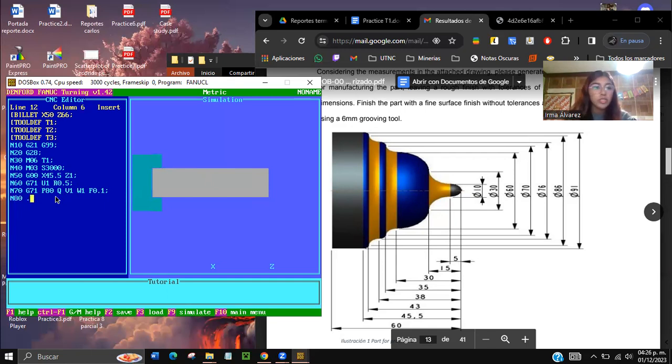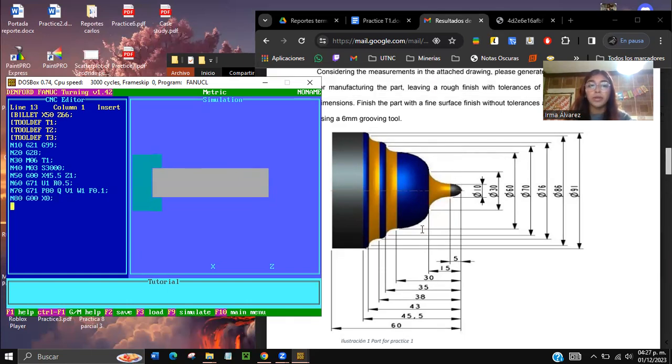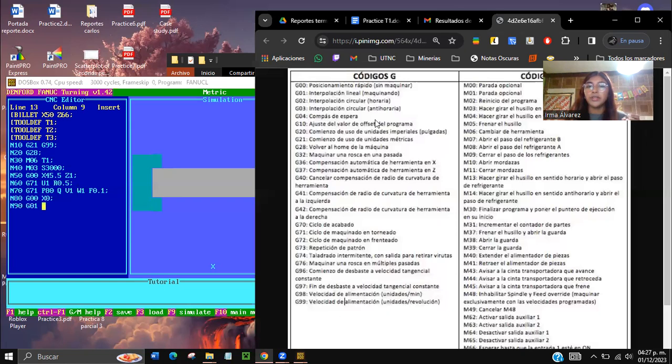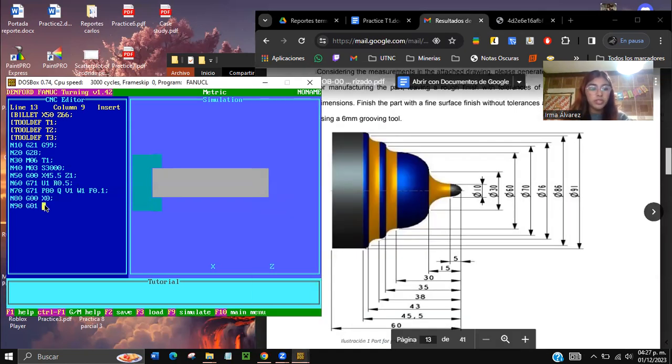And now the N80, we are going to write a G00 X0 for a very fast movement because our piece starts here, so it doesn't start like here. So we have to position in the 0 part. And now also the G01. G01 is for a normal movement, so it's not very fast. And now I am going to put it in C0 also, so it's not going to touch any part of the piece yet. And now 100,